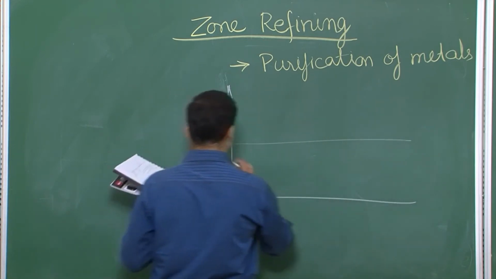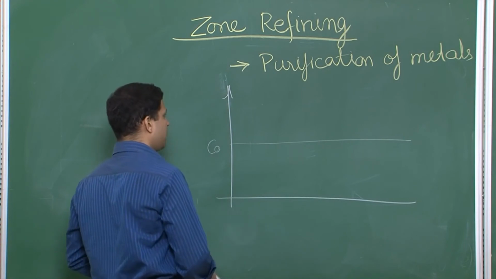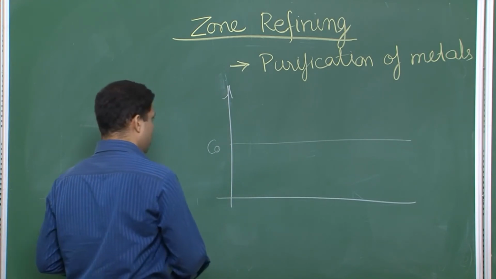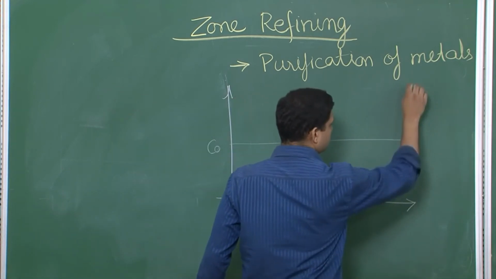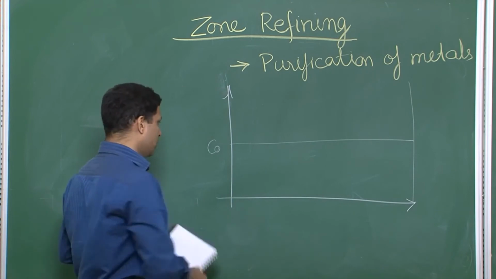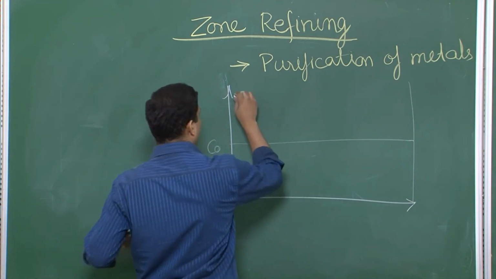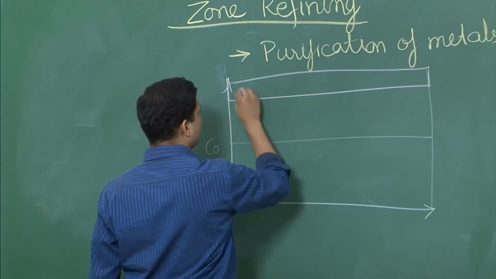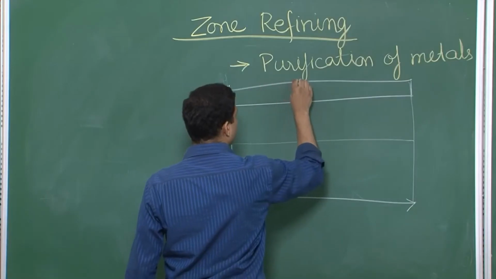So C0 here is not an intended composition addition, but you can say this is something like an impurity in this material. Now let us say, to begin with, this was the concentration overall. Now if your solid bar was like this,